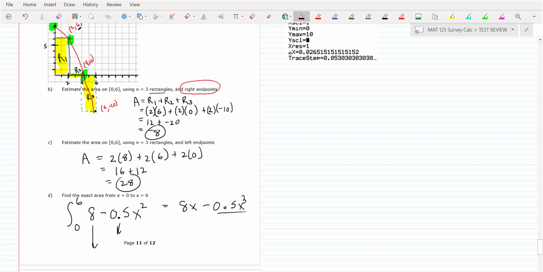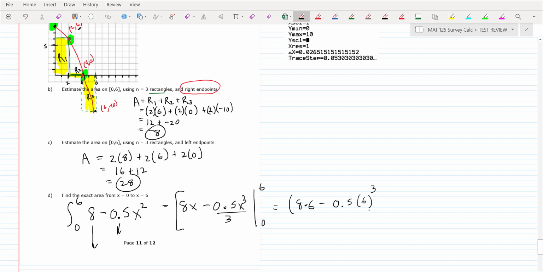0.5 x to the third over 3. Okay, got that. And then we're going to evaluate from 0 to 6 like that. Okay, so it's kind of like the area between the curves problem that I did. So what do you do? You plug the 6 in first, so you would have 8 times 6 minus 0.5 times